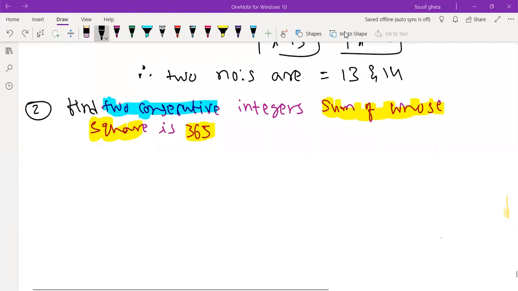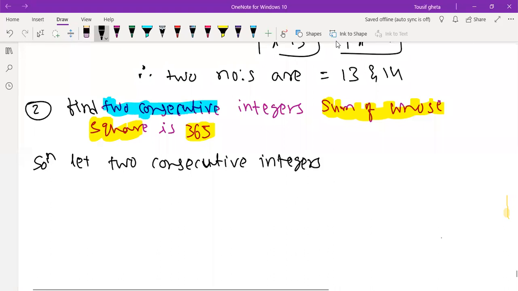So everyone, on your screen now, this is not that difficult. Find two consecutive integers. They are talking about consecutive integers; they did not say anything about even or odd. Okay. So solution: let the two consecutive integers